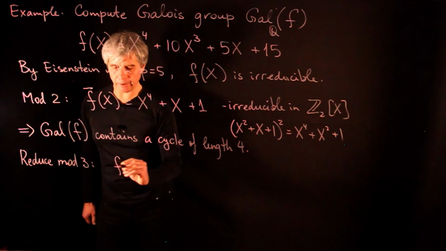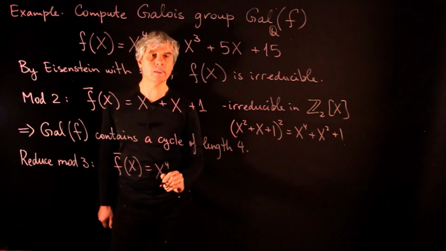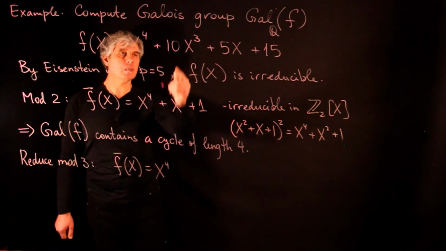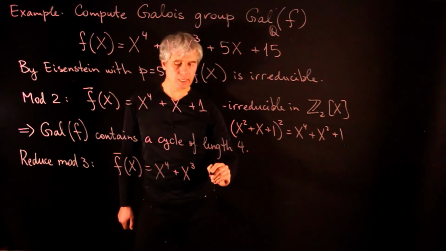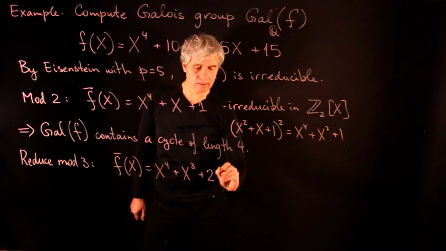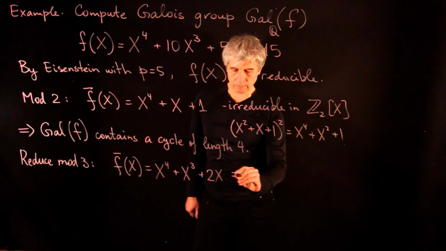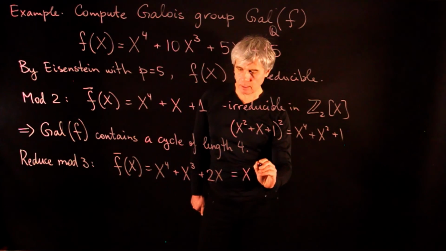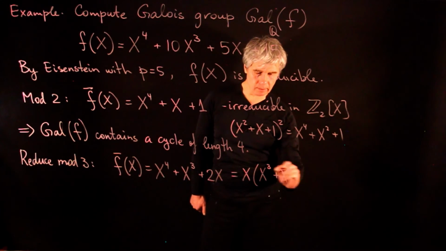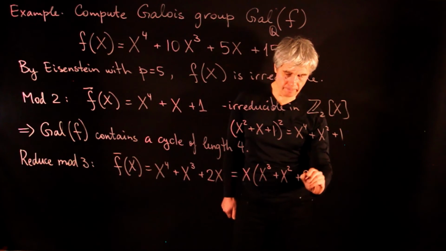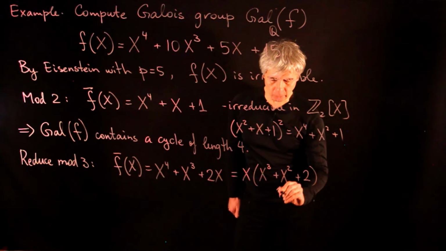Then here f bar of x is x to the power 4. So here this will become x cubed plus 2x, and the constant term becomes 0. So this factors as x times (x cubed plus x squared plus 2). And this polynomial has no roots